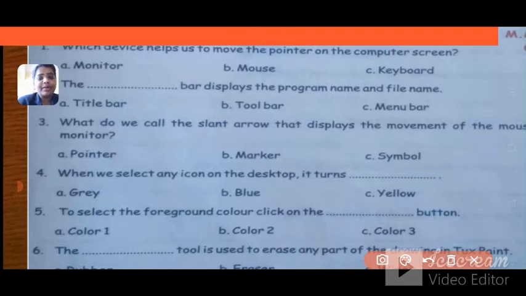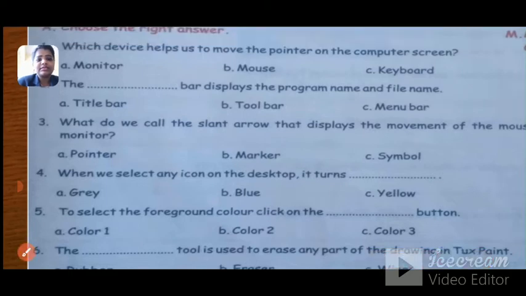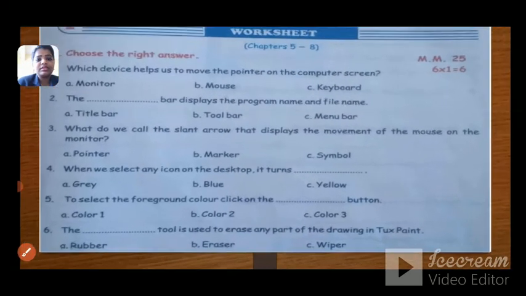So using your mouse, you are selecting something on the screen. So which color does it turn? Is it blue, gray or yellow? The right answer is blue. When the window is active, when we select something, it turns blue. When it is not active, it will be on gray color.